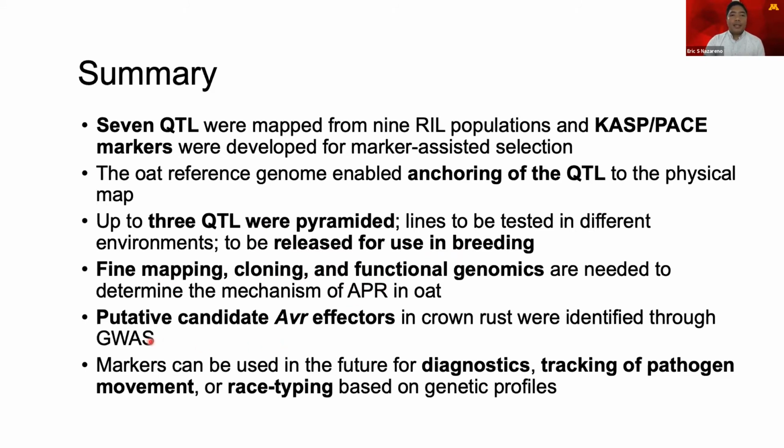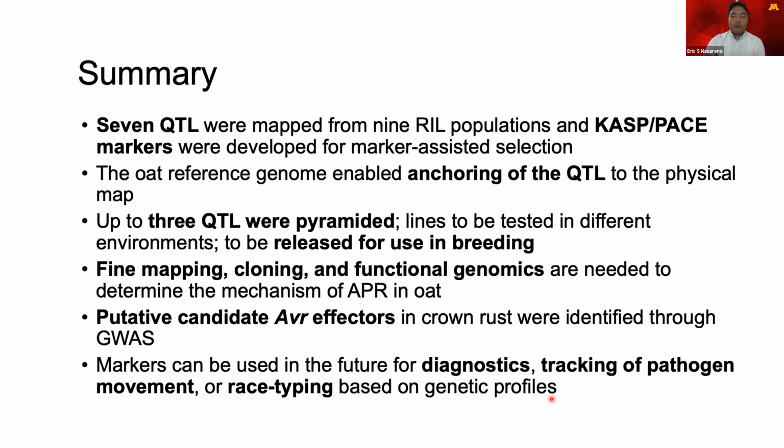And on the side of the pathogen, we identified putative candidate APR effectors. And we also found that the drastic shift in virulence was caused by a combination of mutation and sexual recombination in the alternate host, which is buckthorn. And this information can be used in the future for diagnostics, tracking of pathogen movement, or even race typing based